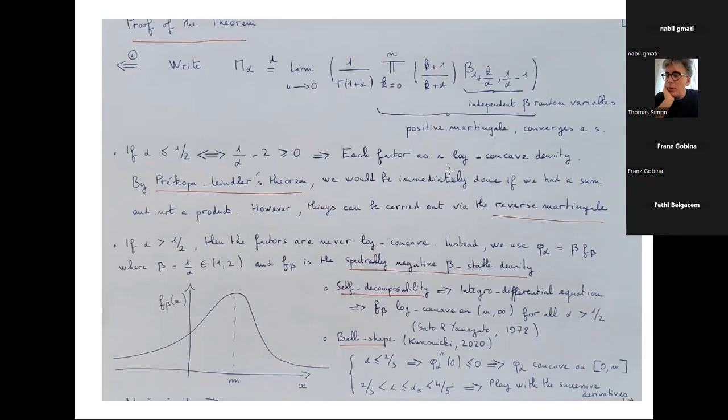So again, this took me some time to get the solution. And I was very fortunate to have been involved in that, but the answer was given by Kwaśnicki, my colleague, who proved the fundamental property of the stable densities, which was open for some time, which is called the bell shape. Bell shape means that the nth derivative of the density vanishes exactly n times.